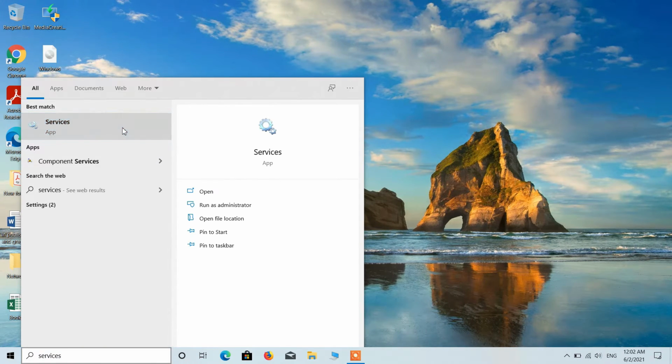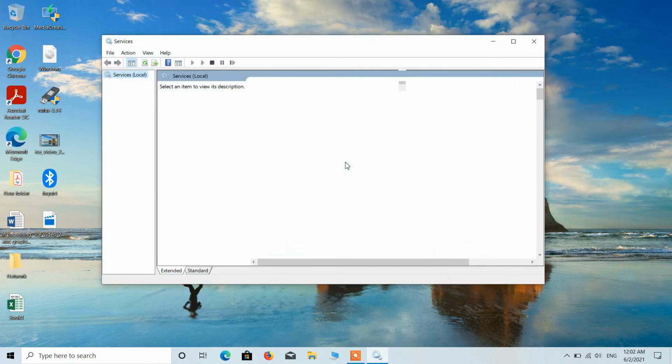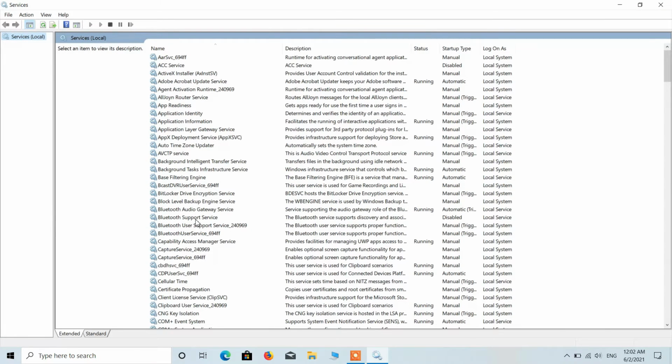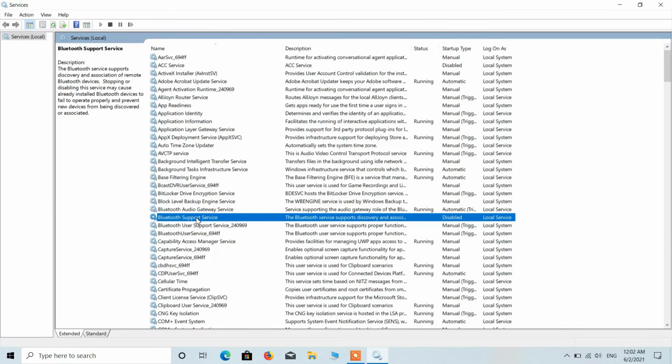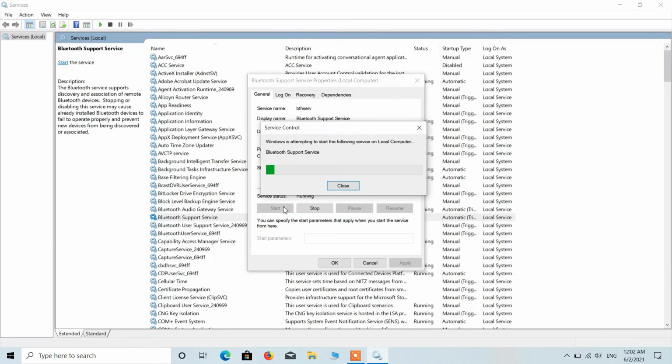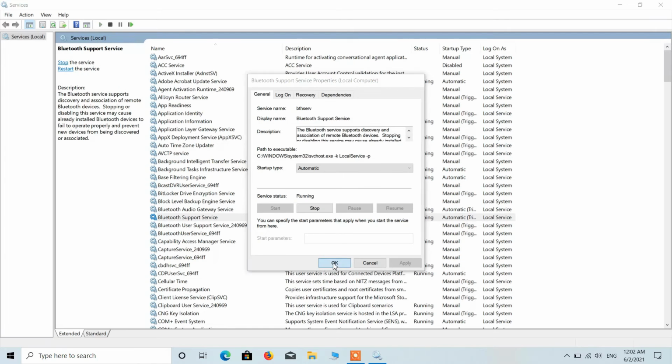Click on the search result services, click on yes, and now just click on this service, Bluetooth support service. Right click over it, click on properties option, and now just change the startup type from disabled to automatic. After this, just click on the apply button and click on the start button to start the service. Click on OK button.